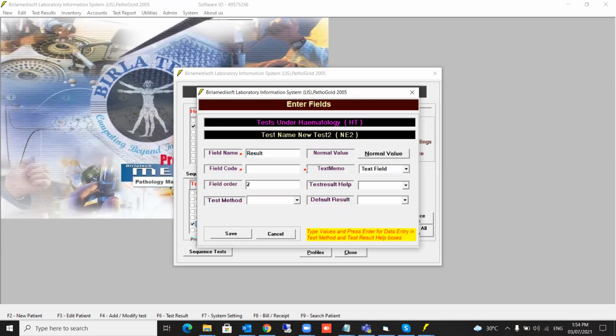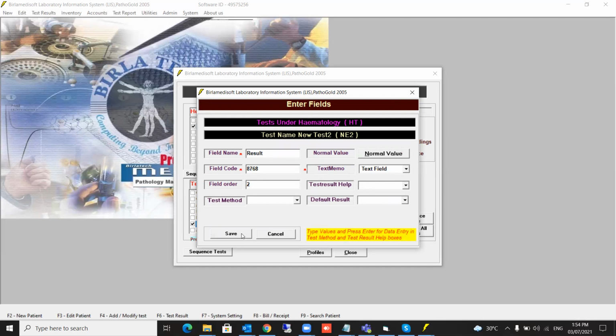You can define any random characters like that. And again it's similar to what you have seen, the normal value you can define, and you can define how this field will be there. Now there you see only 2 field types; we will define the text field. Again you see the test result, help and default results are there.